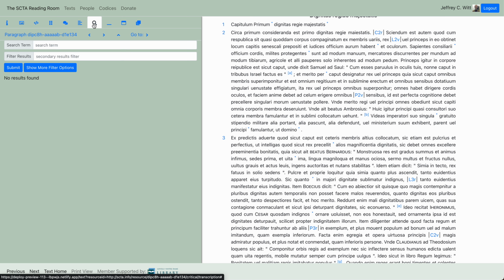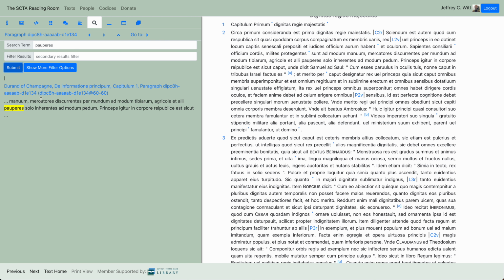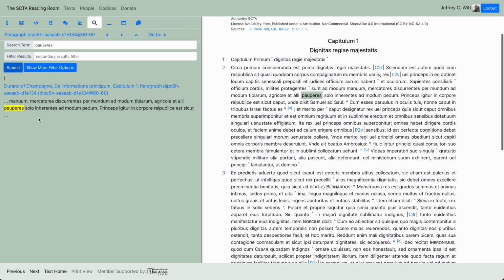If we want to search the text, we can use the search icon and we can search. So let's search for a word like papyrus. And so we get that result and click on it. And it'll actually focus our attention even more, not just on the paragraph, but on the precise word that it occurred in. The search allows you to do wildcard searching, so we could put a question mark in just a particular word there and get that same one, or